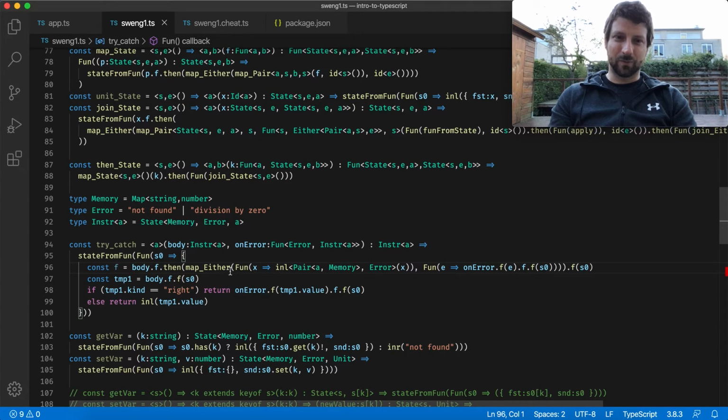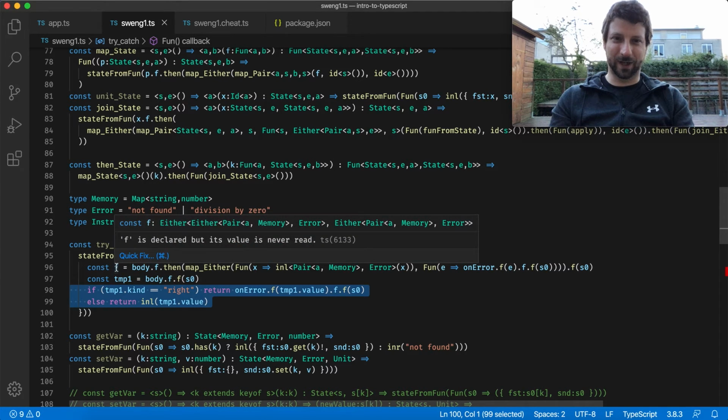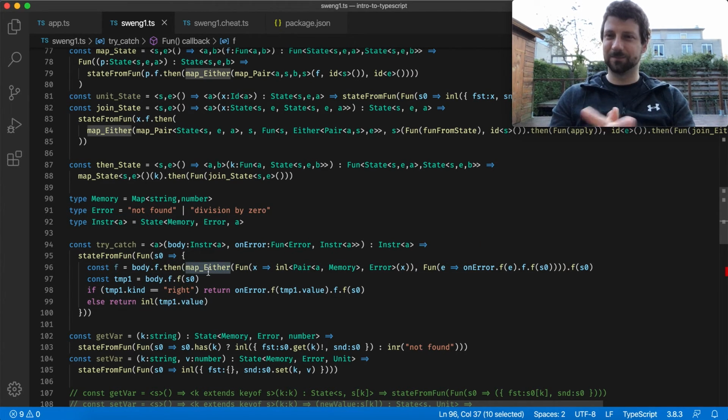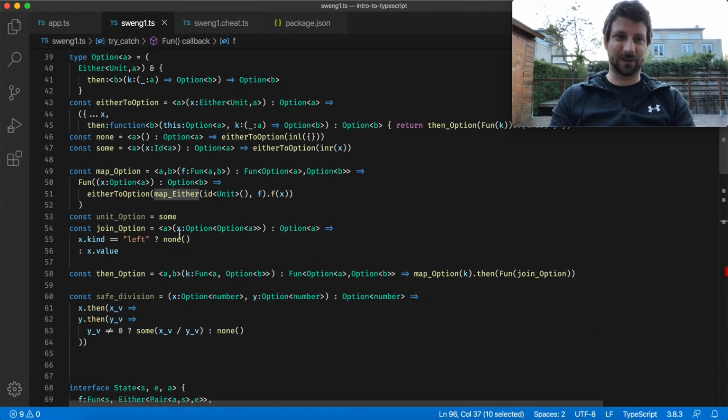And that's right, because actually what we want to do is we don't want to keep this either. What we've done here is also called a visitor in object-oriented programming, and it's a pattern where we extract the same result from both eithers. Now, ironically, the result that we extract from both eithers here is an either per a memory error. So what we really want to do is say, okay, you have this either, but now collapse it. I'm going to introduce another operator,